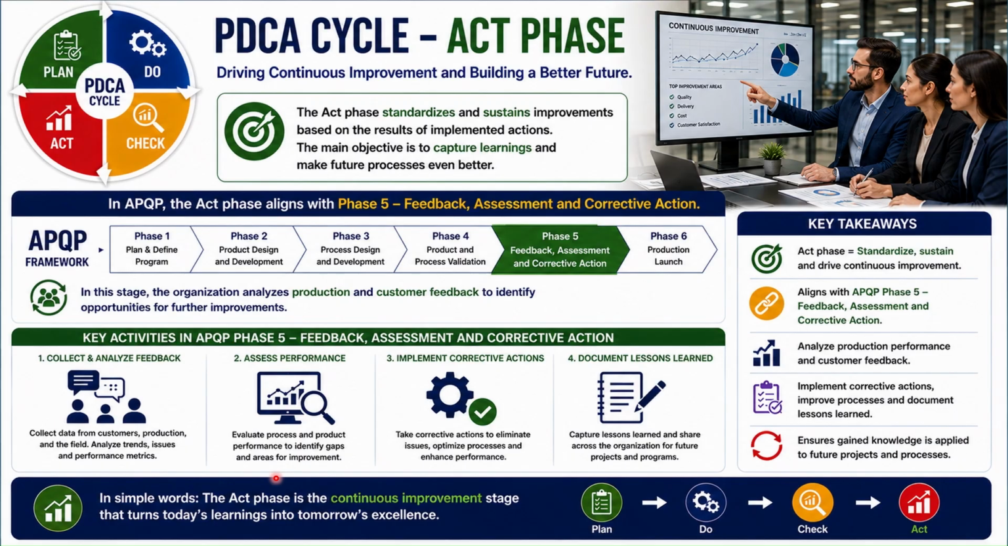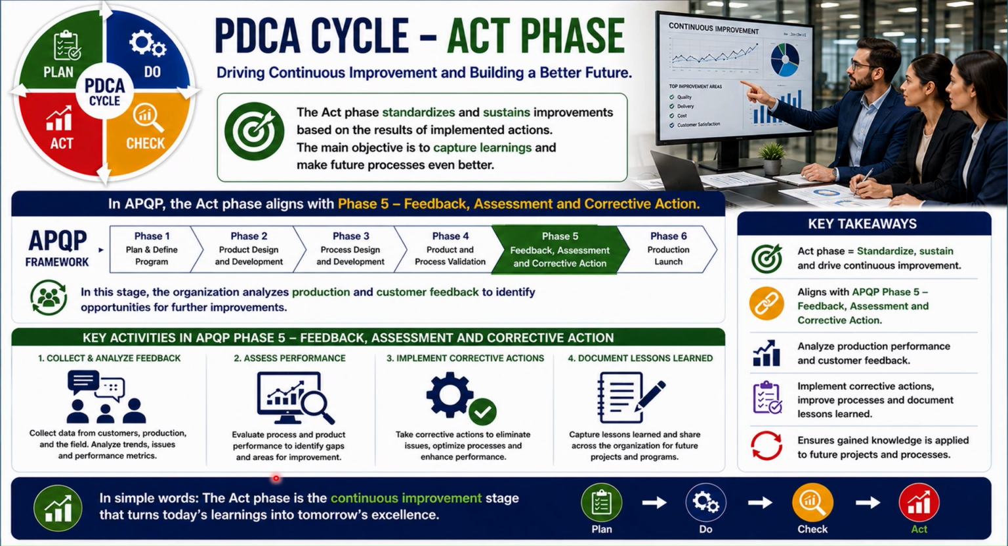Now let's see how the ACT phase of the PDCA cycle connects with APQP, Advanced Product Quality Planning. The ACT phase is where organizations take the results of implemented improvements and turn them into long-term, sustainable practices. The primary objective of this stage is to standardize successful changes, capture organizational learning, and use that knowledge to drive future improvements. When we compare the PDCA cycle with APQP, the ACT phase aligns primarily with Phase 5, feedback, assessment,